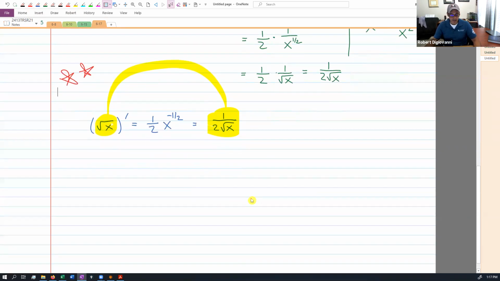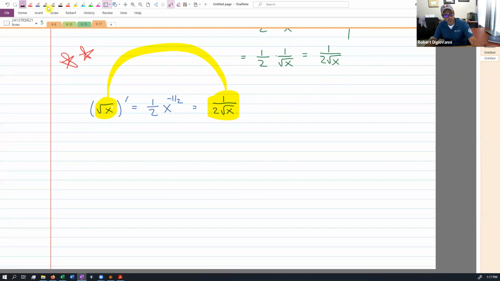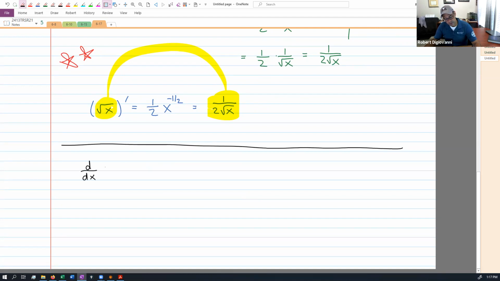Okay, let's try something else. Let's try another one. We'll get another volunteer that I'm going to appoint. So in other words, not a volunteer. I want the derivative of 1 over the cube root of x. And I'm trying to find people here I haven't called on in a while. Christian, is Christian here? Yeah, I'm here. Okay, so Christian, in order to do this problem,